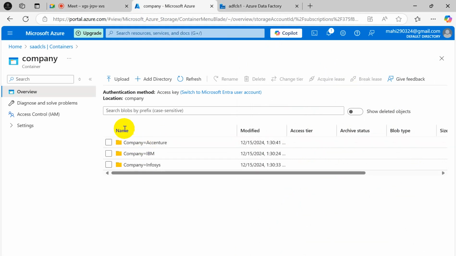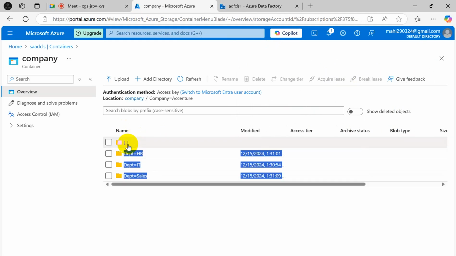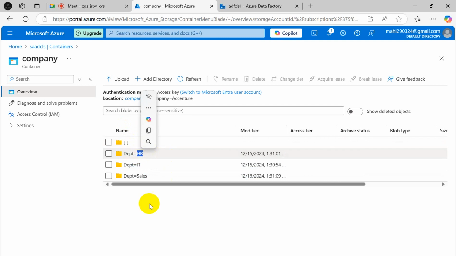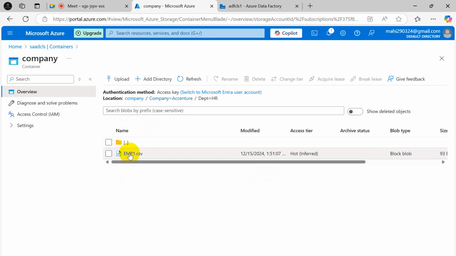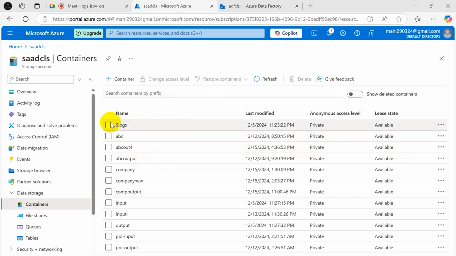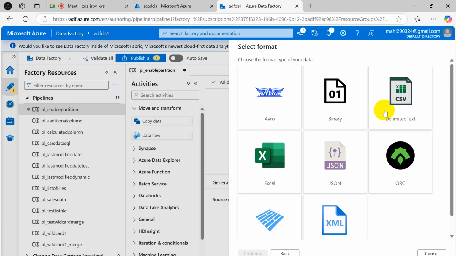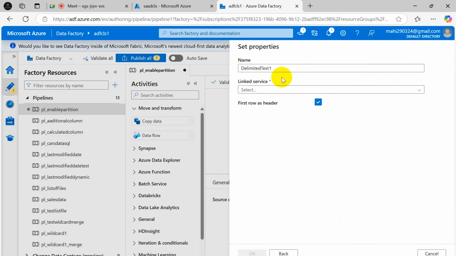Okay, so here the data is lying within folders and subfolders. So I want to fetch the data from entire folders and subfolders, right? So I will give the location of container. So my container will contain CSV file. So I can write this